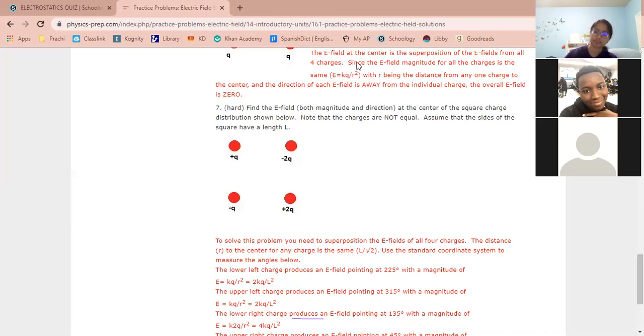Okay, so if you have a positive test charge in the middle, right? Okay, that's so bad. So you have the plus 2q that's pushing it up like this much, right? And then you have this plus q that's pushing it away like half as much, right? So then I got the resultant vector was just...